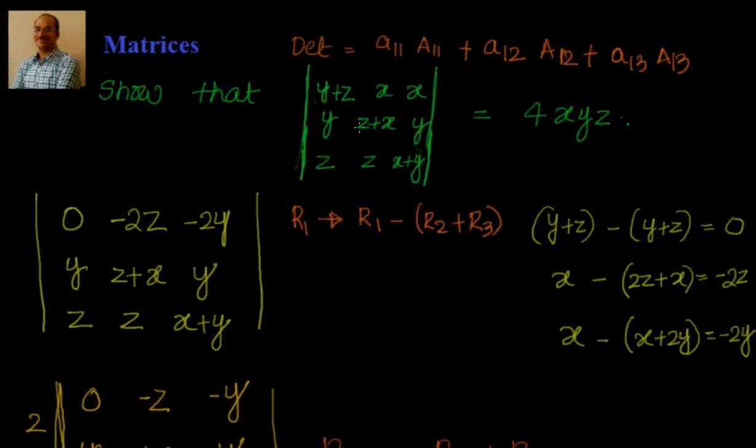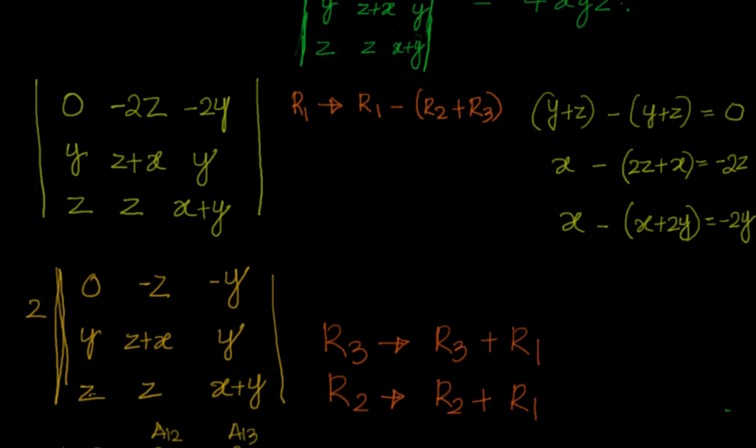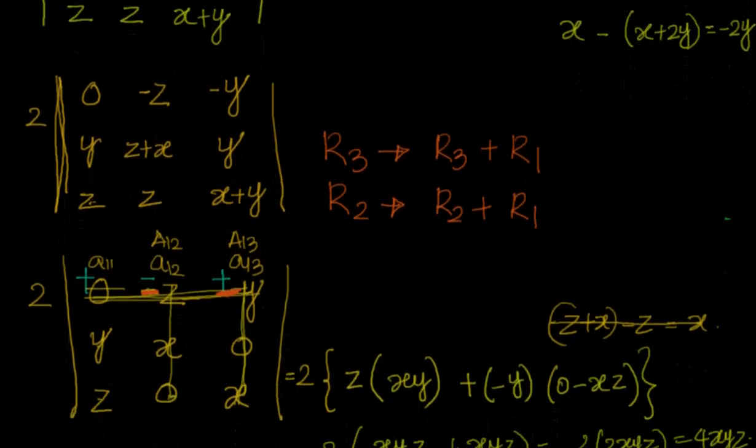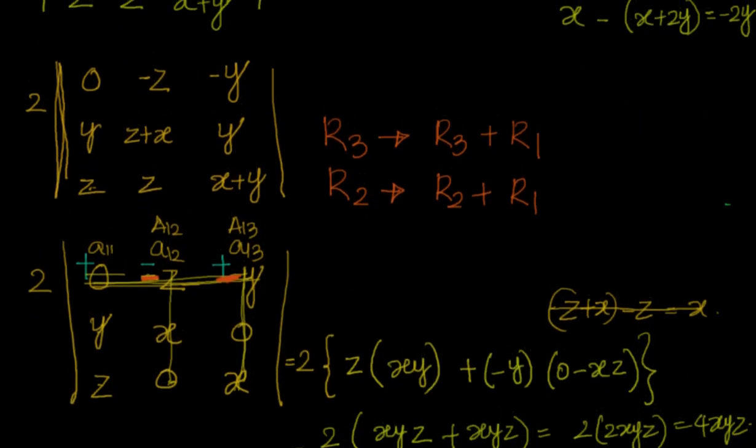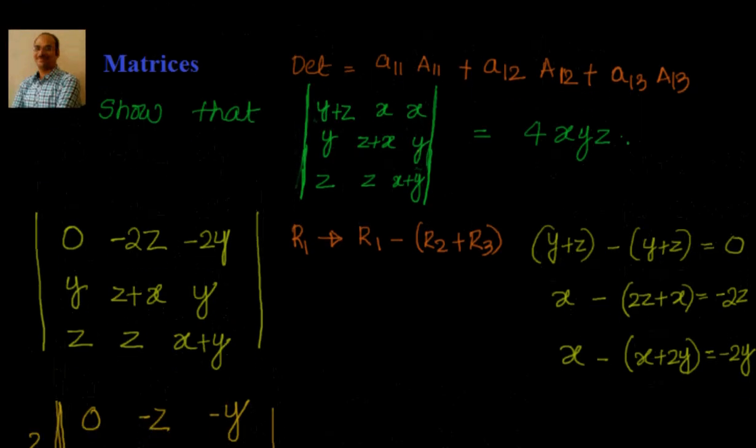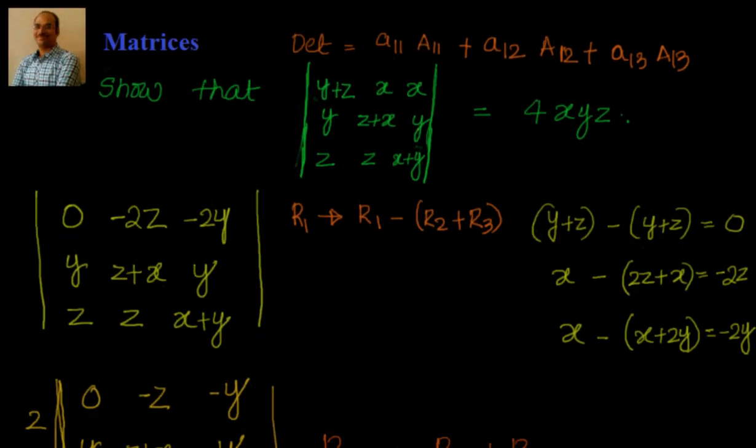So without doing all these transformations, we can directly go ahead and do that, but it will be cumbersome. It will take a lot of time. So if you can see that you can make some elements of this matrix as 0, then please go ahead and try to do that, so that once it becomes simplified, you can expand it by using the determinant formula. Let me summarize this.